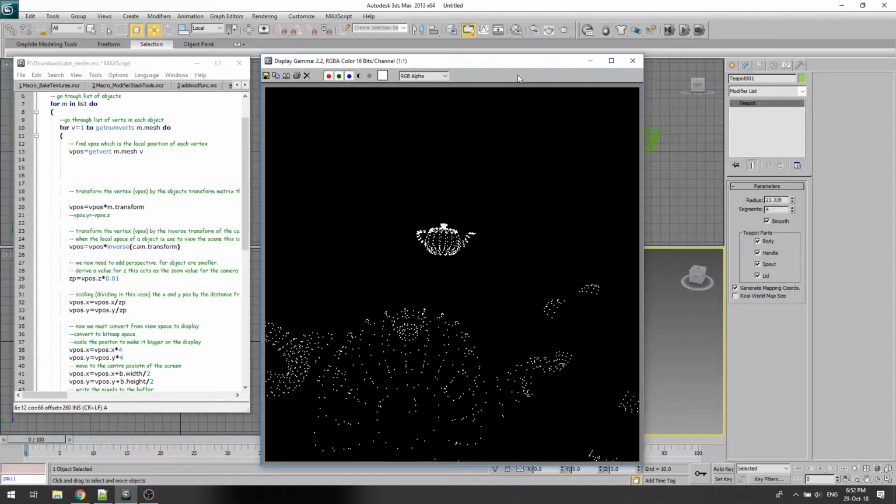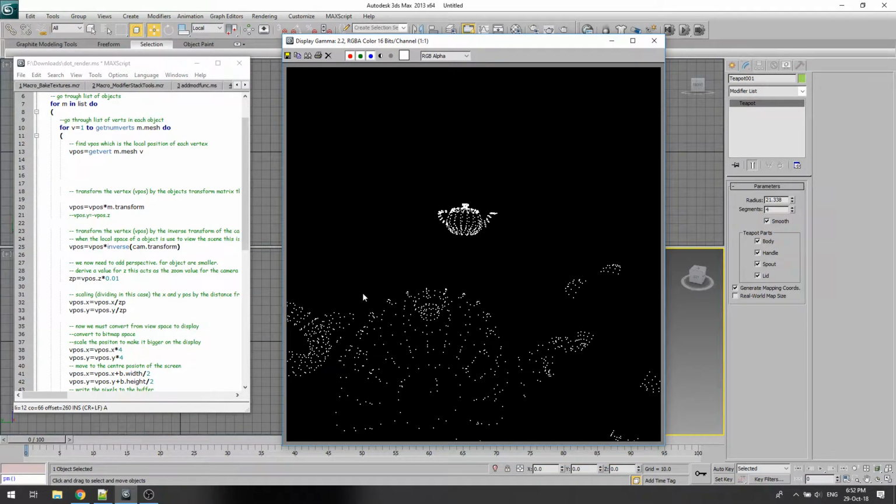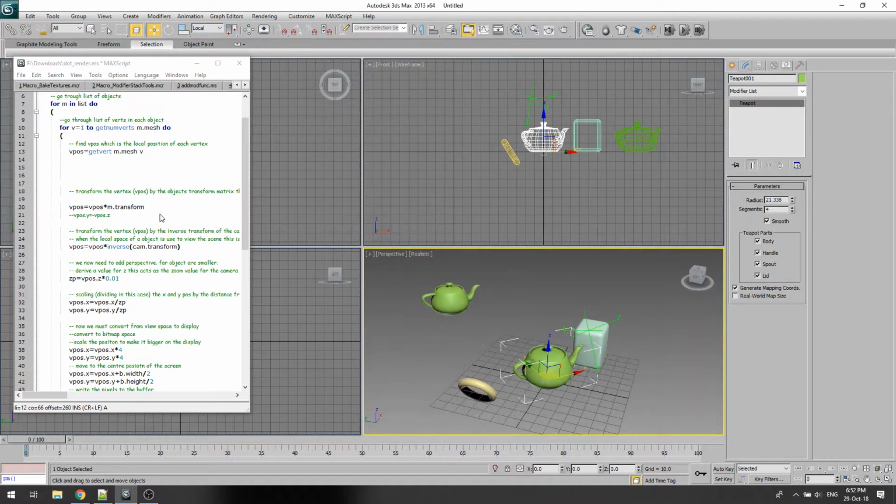So what we can see now is that this is the teapot that's close to the camera, and this is the teapot that's far away, and we can definitely see a scale difference. We can see that we have perspective. And what ZP is effectively doing is controlling that particular scale value, or the size of the lens that we're using. So if I change this to just a 0.1,